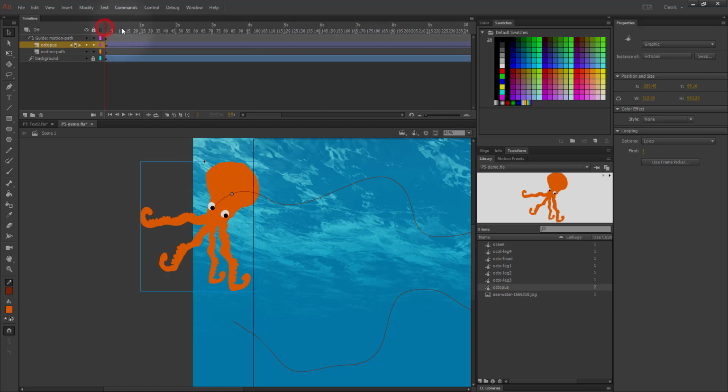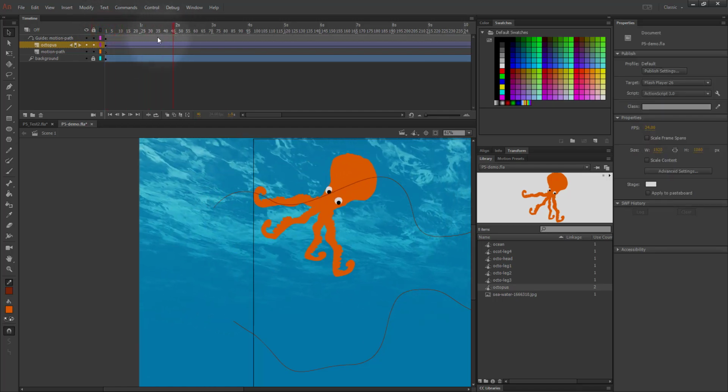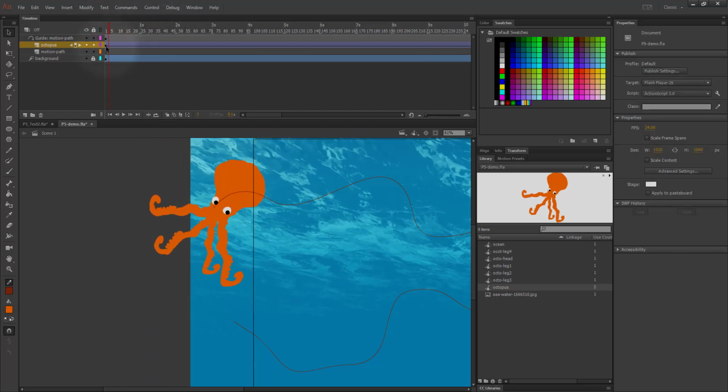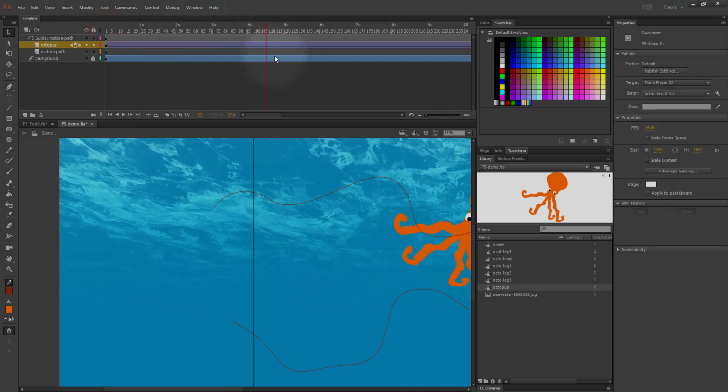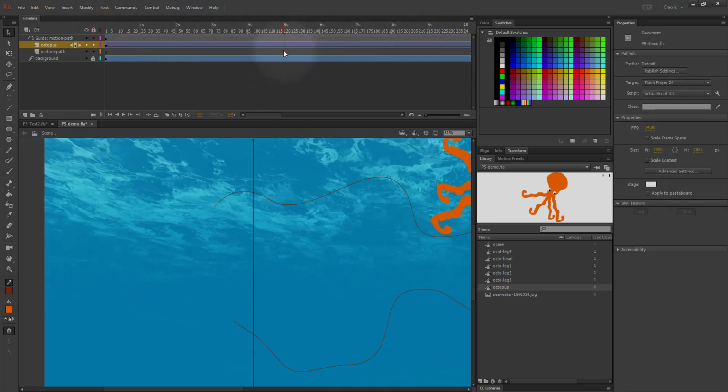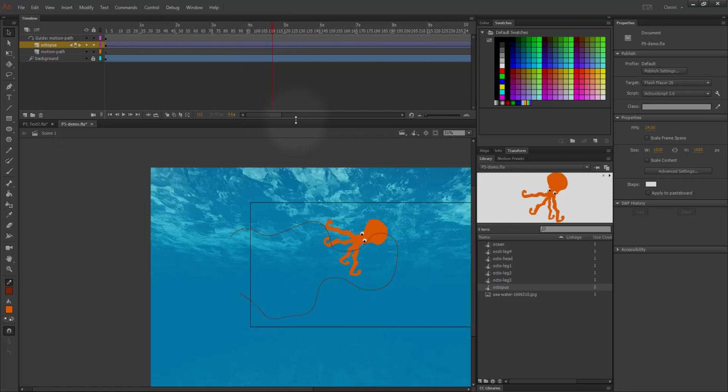So if yours isn't working, now let me show you, now it's working. If yours isn't working, just come back to frame 1 and make sure it's snapped on there, and make sure at the last frame it's snapped. The circle is sort of attached to this line, and then it should move along the path automatically. So I'm going to zoom out a little bit, and now we can make some adjustments